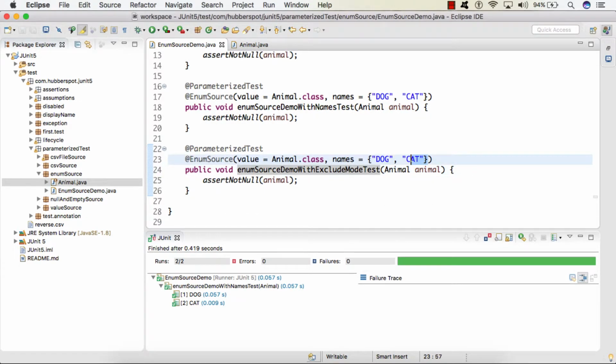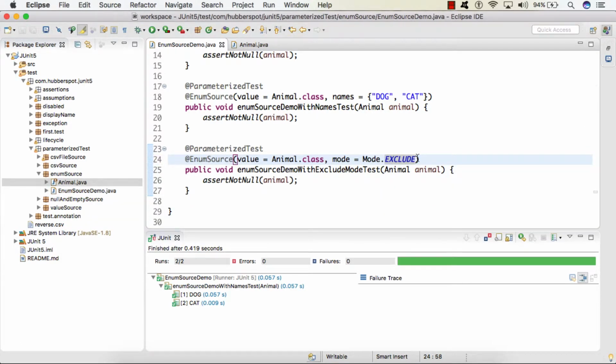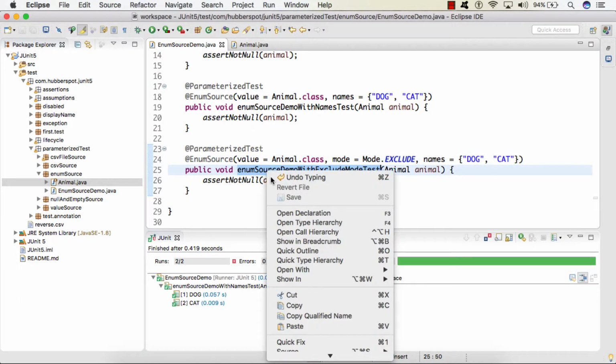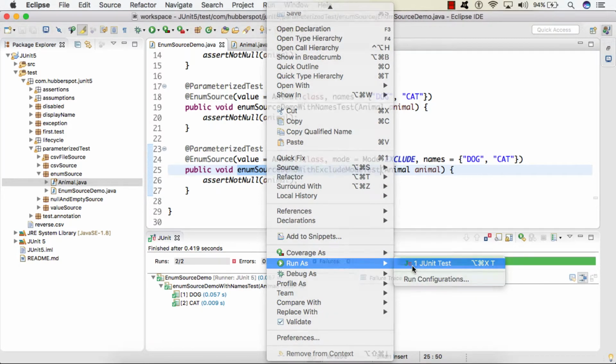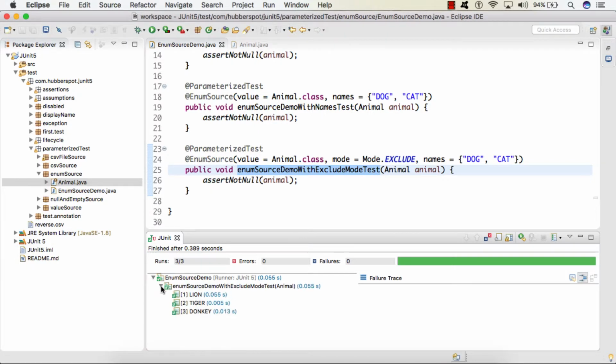So here, instead of names only, I'll provide the mode, and here I will provide EXCLUDE, and then we'll simply provide the names which we want to exclude. Let's say I want to exclude dog and cat. So I'll simply provide it like this. If I run the test case now, you can see that it excluded dog and cat, and it only ran for lion, tiger and donkey.